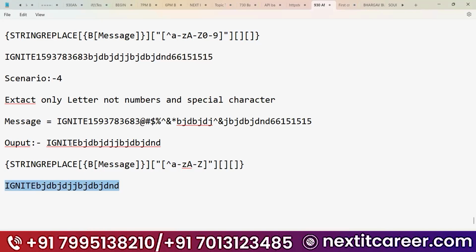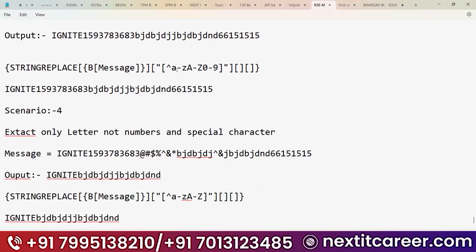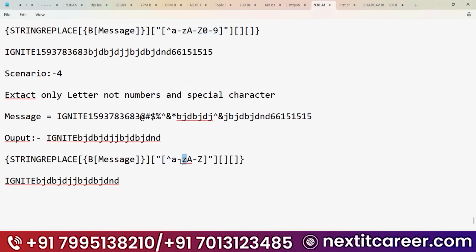If somebody is asking only special characters, use this one. If somebody is asking only the letters and digits, or you extract only the small letters, only the special characters, only the numbers, it is just the same syntax. See, if you remove this one, only you will get the